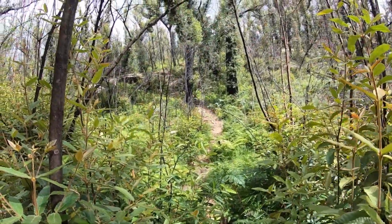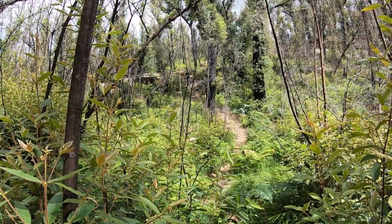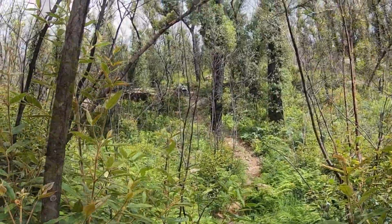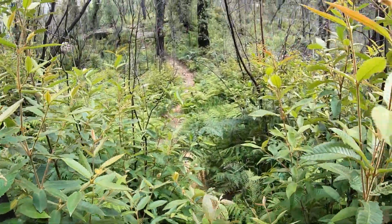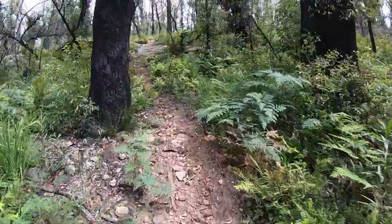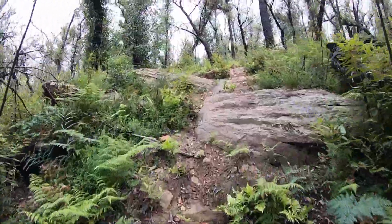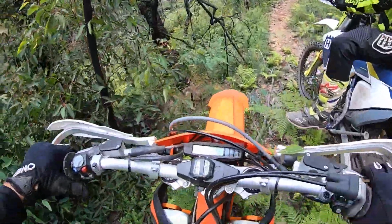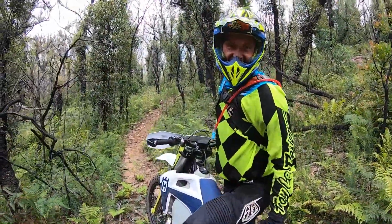Lee almost makes it to the top without stopping. On this section of trail, I've had many crashes on it, including one time where I bent my handlebars very badly crashing on this rock. But fortunately today, I was straight up. I was going to go straight ahead, but then